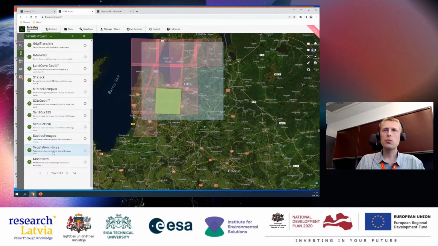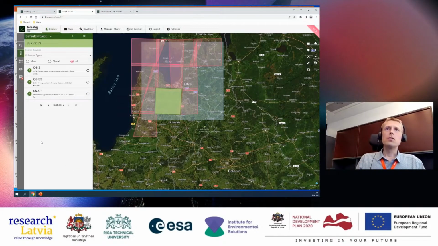Sentinel-2 processing tools and vegetation indices is a very basic tool, but that's what we will later use in one of our demos. And from the same service page, you can also find the GIS and Snap, what we call application services. Good. And then when you want to use some service,